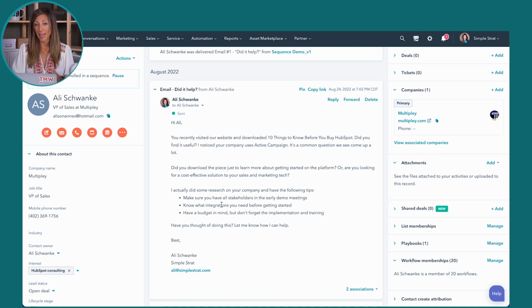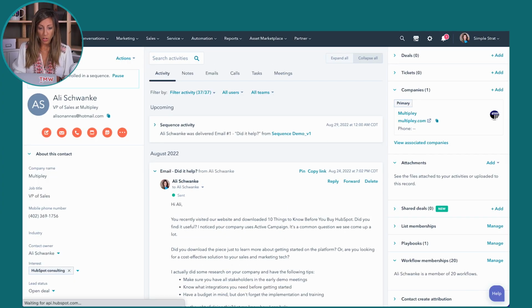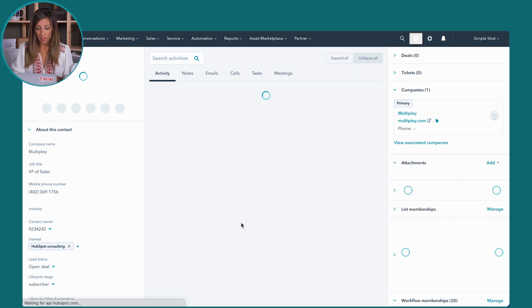So give me a second here, let's actually do this while we're together. Now I just opened this email on my phone, so actually you can see that it came through. It looks just like an email that I would get from a person one-to-one. Doesn't look like a marketing email with all of the brilliant stars and bells and whistles. And now if I refresh this page, it should show that,